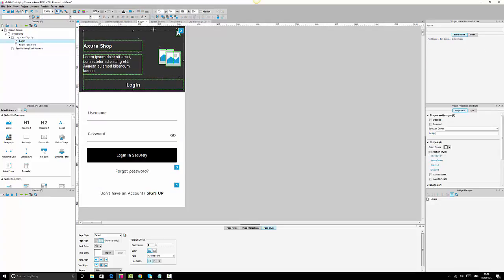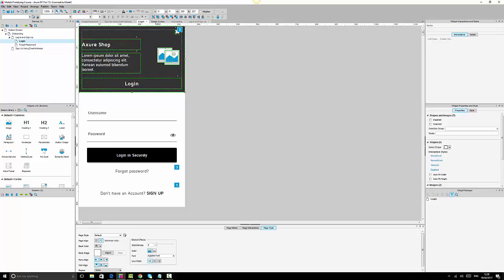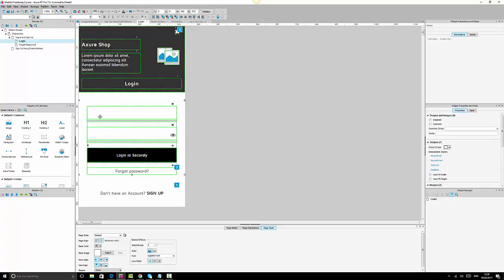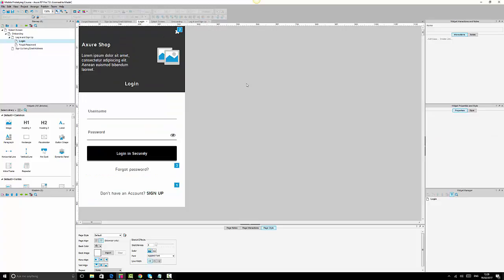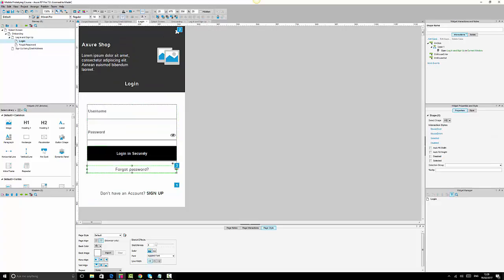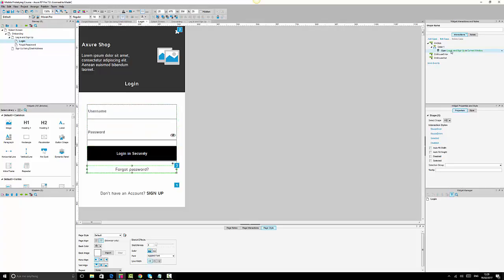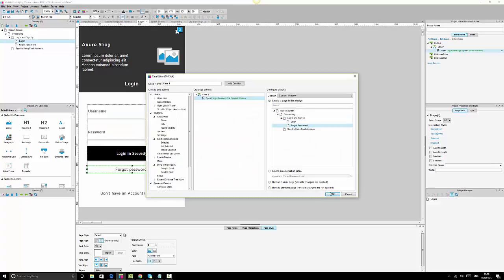We can group this together and then make this, group this, go back here and group this and then align. Yep. Alright, so the forgot account will go to forgot password,